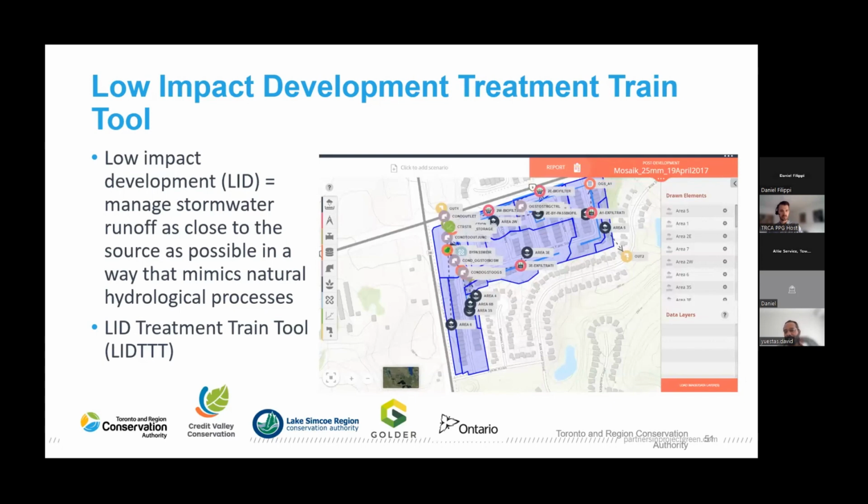So first off, low impact development. We just heard about that from Daniel. Essentially, it is managing stormwater runoff as close to the source as possible in a way that mimics the natural hydrological processes of that area. And essentially, this is what the software that we're about to talk about does. It helps you evaluate how that site functions before it was developed and after it was developed with impervious surfaces, and how we can then bring that site back to mimic its natural hydrological processes